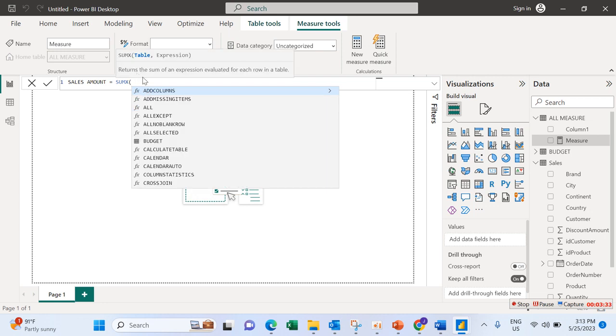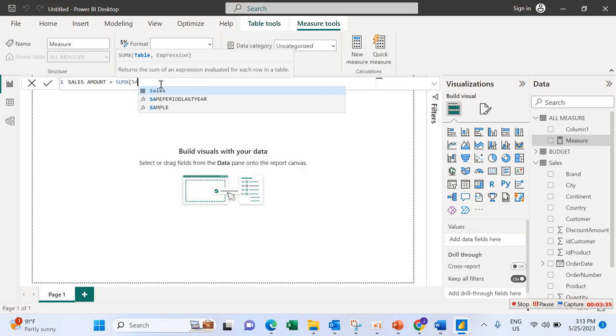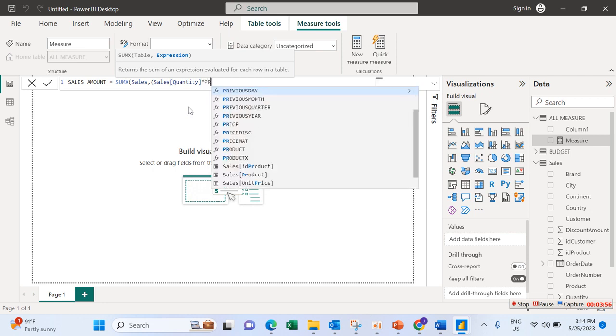Sales, the data set table, then comma, into brackets, the sales quantity, multiplied by